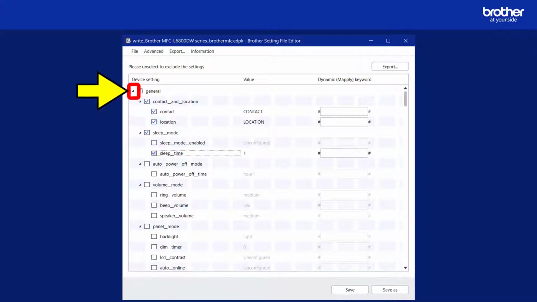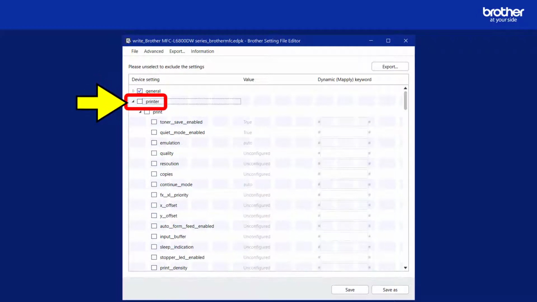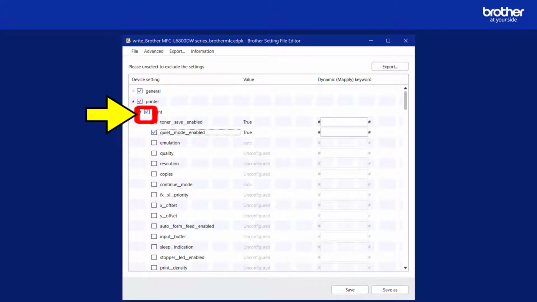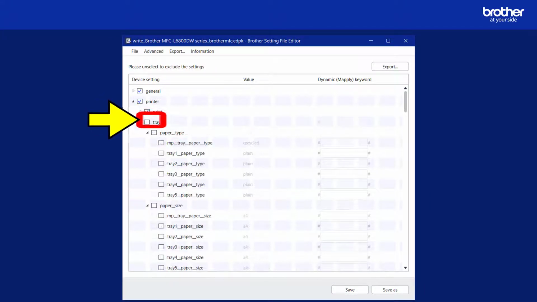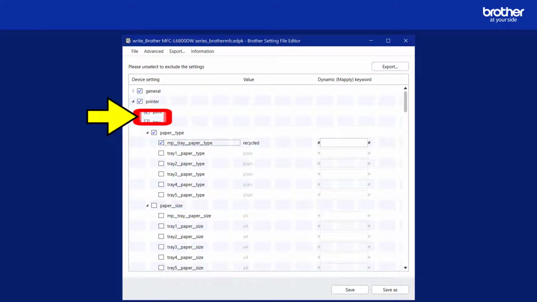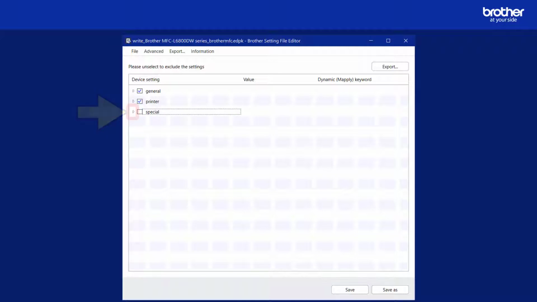I then removed all the settings within the Printer section, and again reselected the ones I did want. Lastly, I needed to remove a few more settings that existed within a section called Special that the Mass Deployment tool also exported.